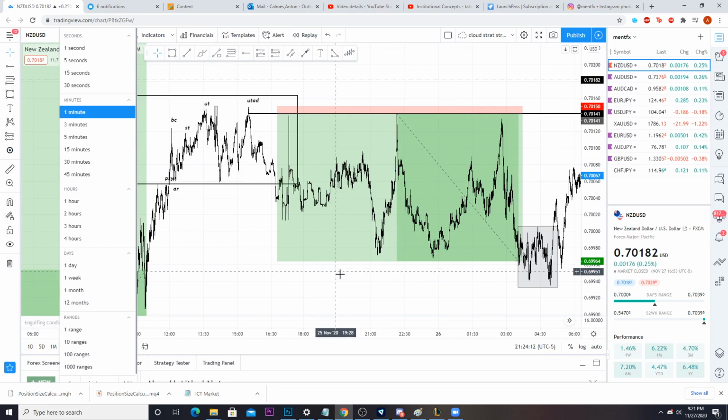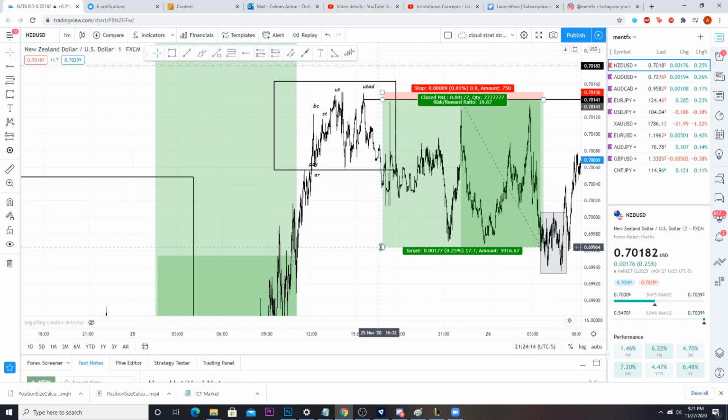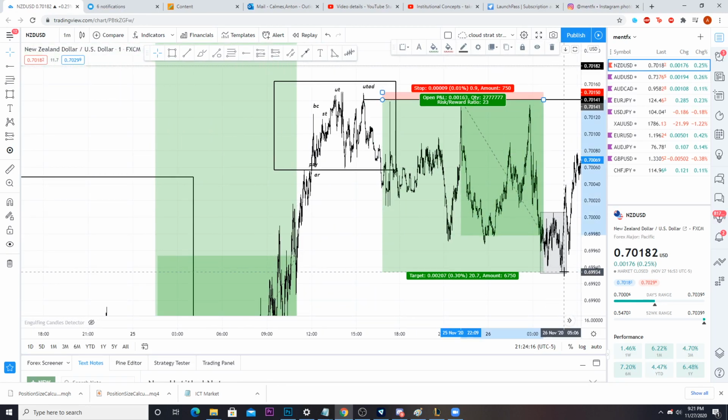Here's your amazing entry, right? And you could have taken this all the way down to technically 1 to 23, right? And again, on 1 pip, yeah, sure, it's 1 pip, so you weren't able to risk a lot on it, but with a prop firm account or a much higher account, you can be risking an easy $100 on this and making 2,300, right? Maybe with a little bit of spread, maybe you make like 1,600.